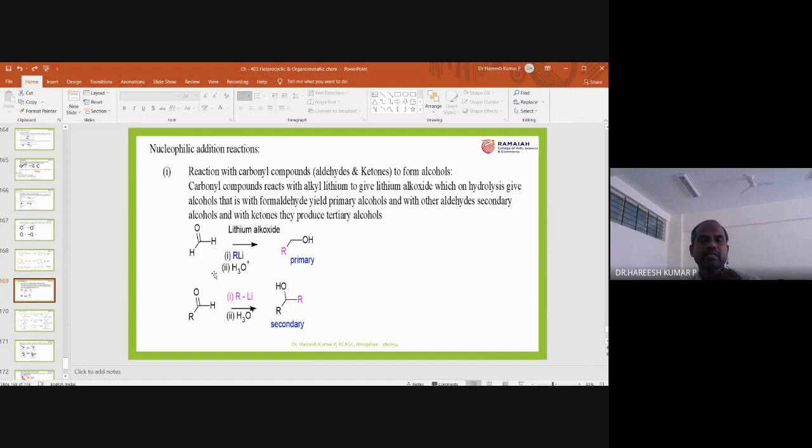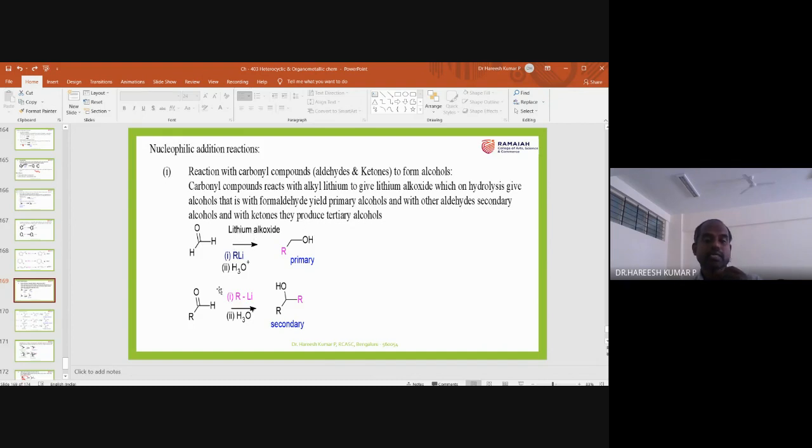So this can react with butyl lithium or organolithium. How will it react? R minus will add to the carbonyl carbon. Then this bond pair picks up the lithium. The obtained compound is called an alkoxide, more particularly lithium alkoxide. When R of the organolithium adds to this carbon, lithium adds to oxygen. That compound is called lithium alkoxide, an intermediate.